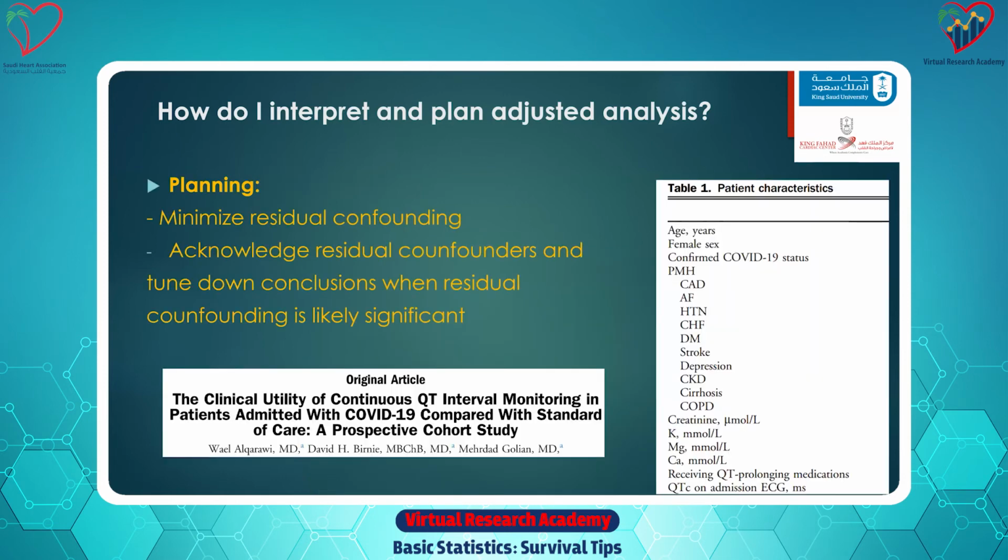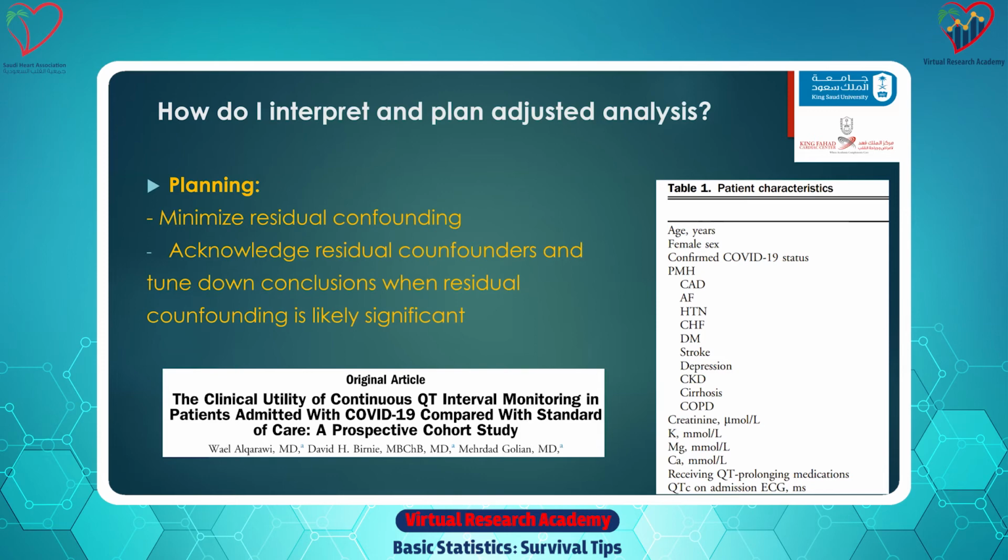And then when you plan your research, you need to think about minimizing residual confounding. As I said, there will always be residual confounding because you can't control for everything. But the less residual confounding, the more robust results. And this happens because you think about residual confounding. I'll tell you, for example, in this study, we sat down and we said, what can affect QT interval? Let's make sure we collect them. And that's the power of having prospective studies, because you have the control of what data you collect.